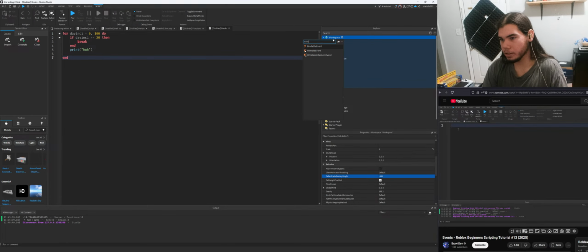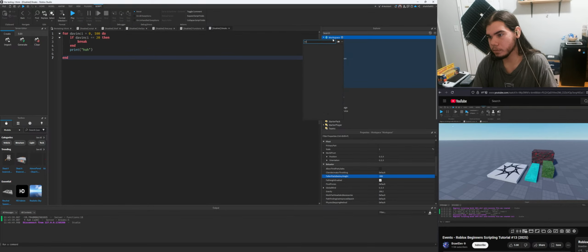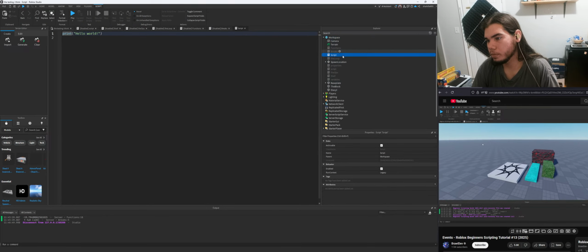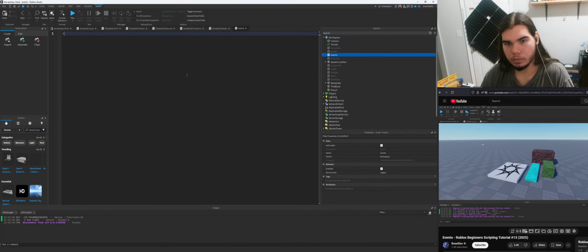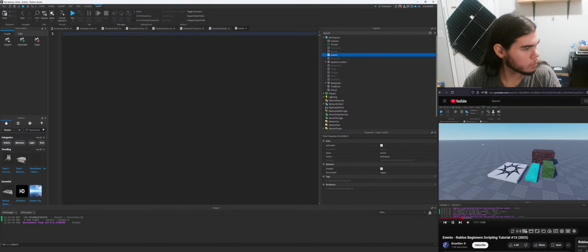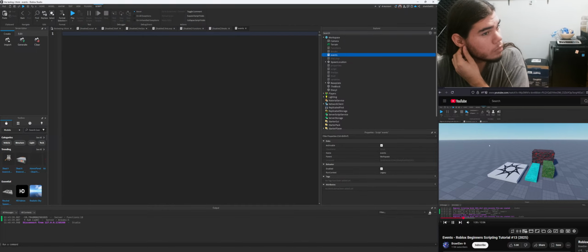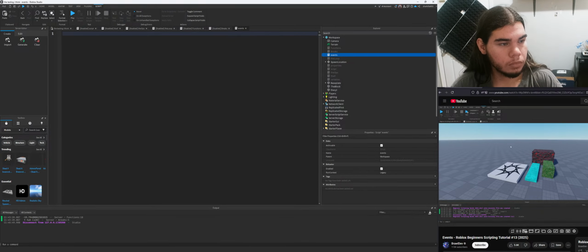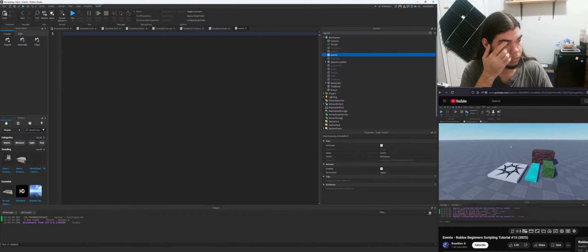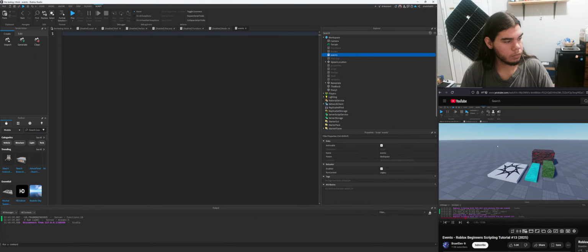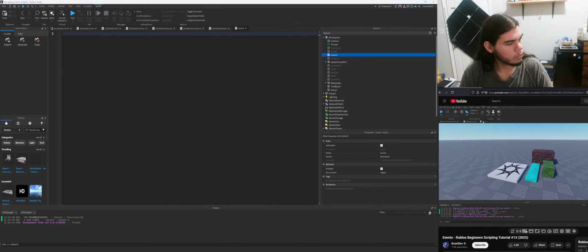So events is a pretty broad topic to talk about in Roblox Studio, and it can be very complicated depending on what kind of events you're working with. So for the sake of this episode, I'm going to be providing to you 2 built-in events that Roblox Studio has provided to us that I think are the most common ones used that I think you should be aware of as for this tutorial. So what we're going to do is go back to our